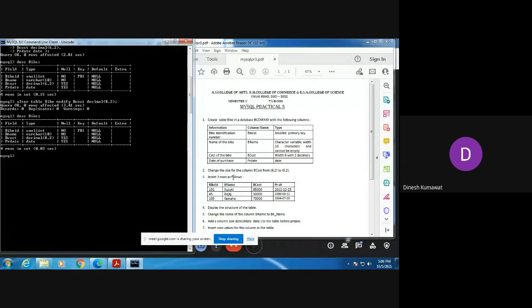Now observe the next question. Insert 3 rows as follows. Now our aim is to insert the 3 rows in the respective columns of the respective table. So how are we going to insert these rows in my table? Using which command?